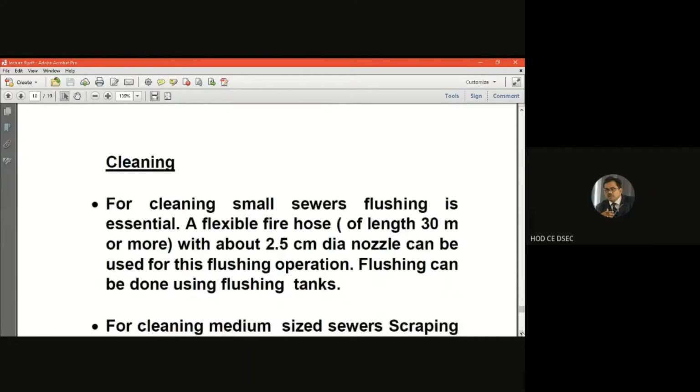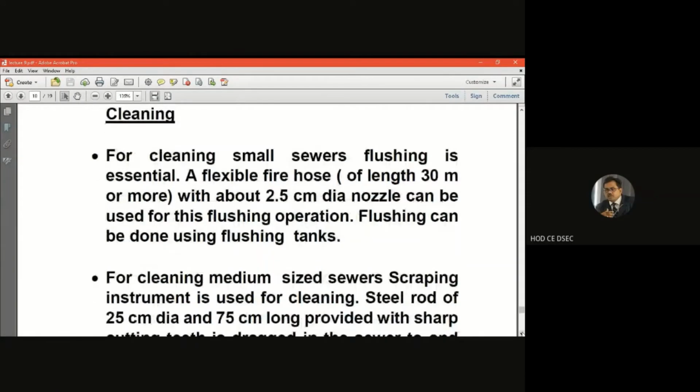Now, cleaning. This is the first and fundamental thing of the operation and maintenance of the sewer. What do you mean by cleaning? For cleaning small sewers, flushing is essential because there is no accessibility in the pipe. The pipe diameter is so small that manual cleaning by labor entering into the pipe is not possible, is not permitted. So in that case, for small sewers,